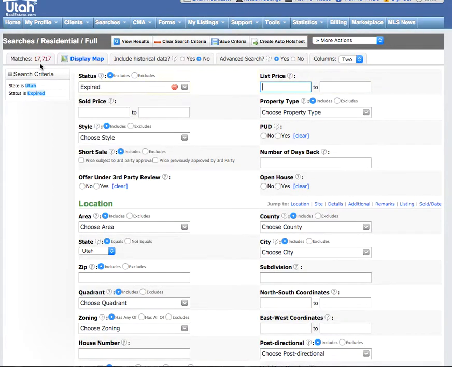You're going to notice here that there's 17,717 expireds, and that's within the last year. So we obviously don't want that for the whole state of Utah in the last year. So what we're going to want to do is decide how far back we want to go in searching for these expired listings. It may be that we want to pull up expireds just from yesterday, in which case